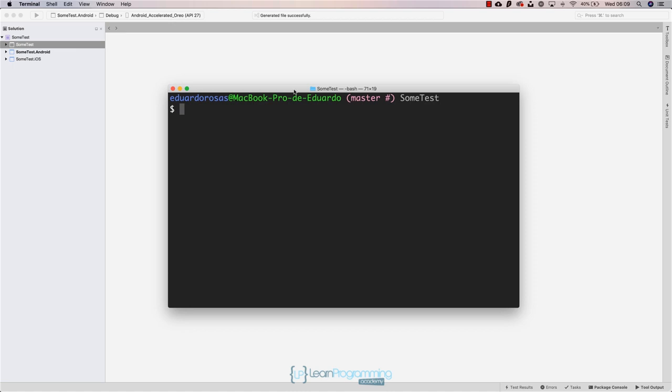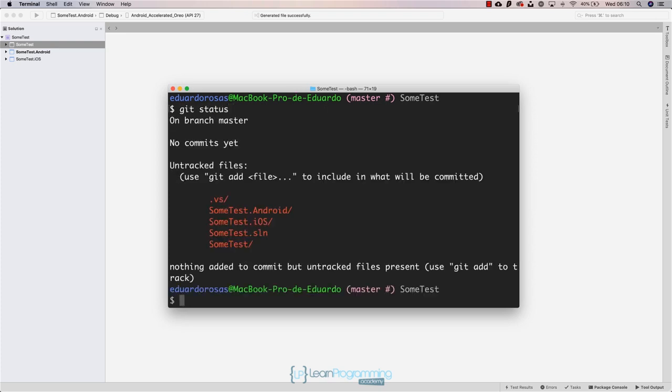So the thing that we're going to do right now is finally commit all of those files that exist by default when we create the project. And I mentioned in the previous lecture how we created the repository, but nothing has been committed yet. No changes are being tracked. So in fact, if you run git status, you will be able to see that indeed there are no commits